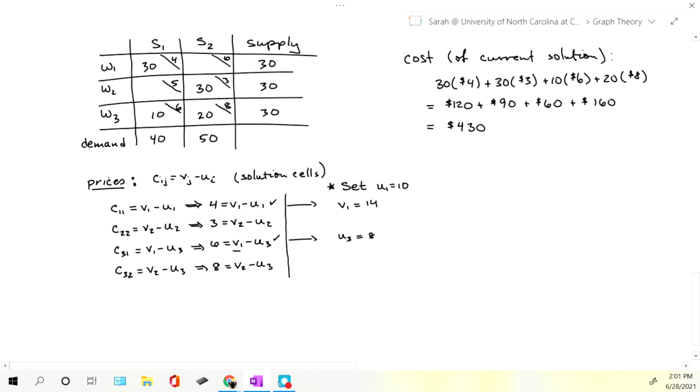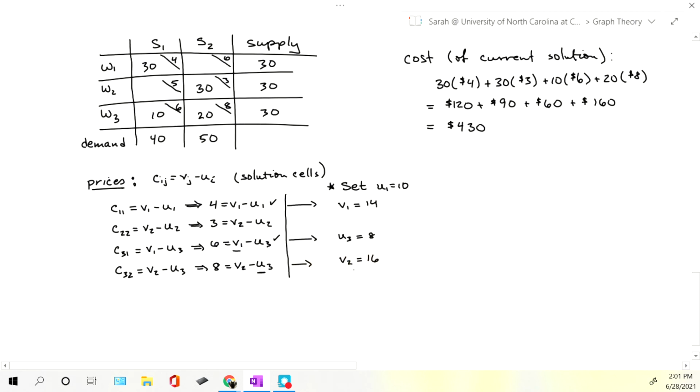Now, up here, we're still looking at V2 and U2, so I don't have either yet. So we still have to skip that equation. Coming down here at the bottom, what do we have? We now have a V2 and a U3. Oh, well, we have U3, so we can totally solve for V2. So U3 equals 8. Add that to the other side, and this tells us that V2 needs to equal